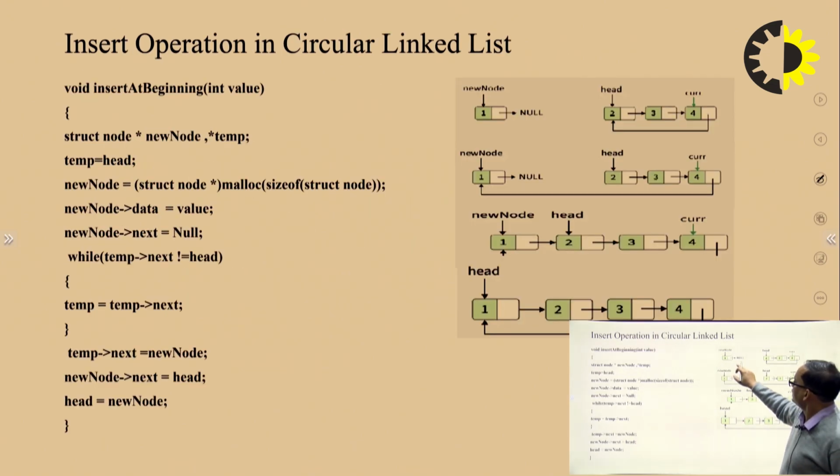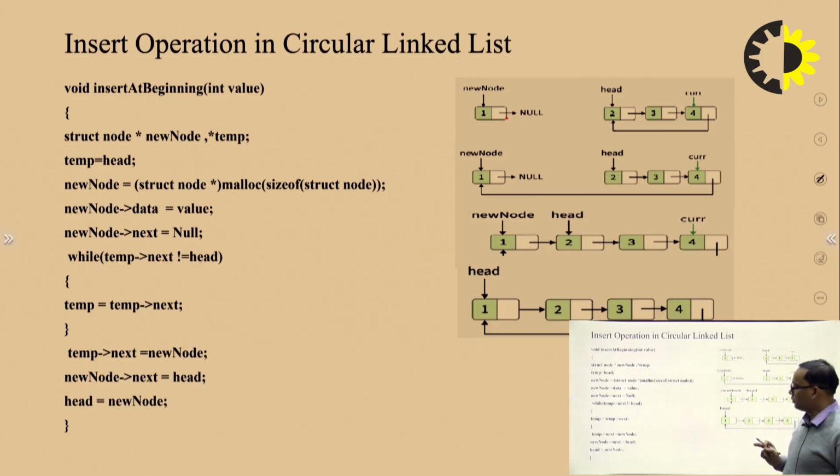It means initially we have initialized the address field or next field as null, but when we add this new node at the beginning, then we have to update it from null to head. It means the address field or next field of new node will point to the head, because head always refers to the first node of the linked list. So we will update this null field to the head. In this way, this node will be connected to the